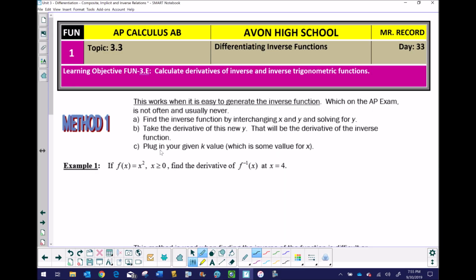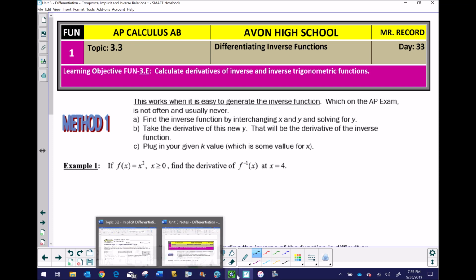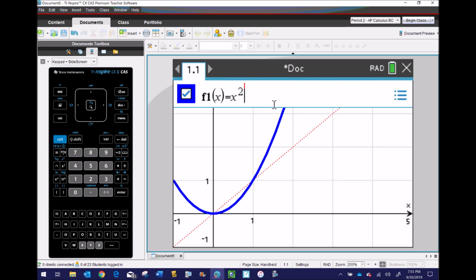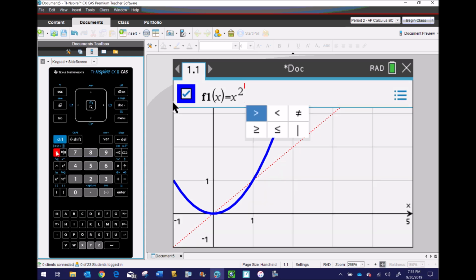And that is why this domain restriction, x greater than or equal to 0, presents itself. To do that in the graphing calculator, or at least the TI-Nspire line of calculators, I can just open this particular graph entry, and I can change the domain by adding a "such that" with Control equals, and then in that such-that bar, I will throw in x being greater than or equal to 0,